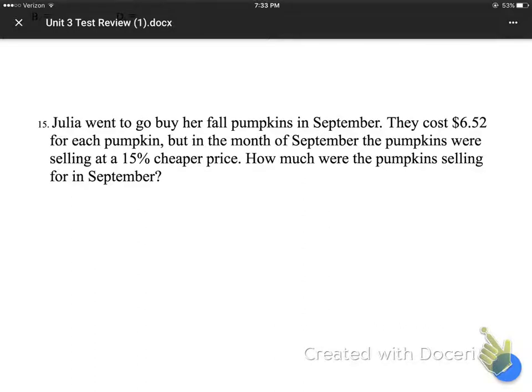15. Julia went to go buy her fall pumpkins in September. They cost $6.52 for each pumpkin, but in the month of September, the pumpkins were selling at a 15% cheaper price. How much were the pumpkins selling for in September? So they cost $6.52. They were selling at a 15% cheaper price. Right? So if it is a cheaper price, that means it's a discount. So again, we find percent of a number. So we have 15%,